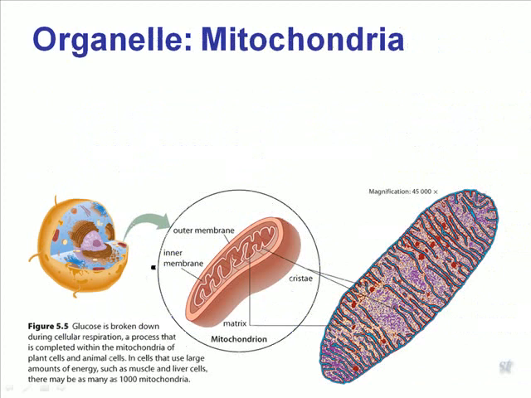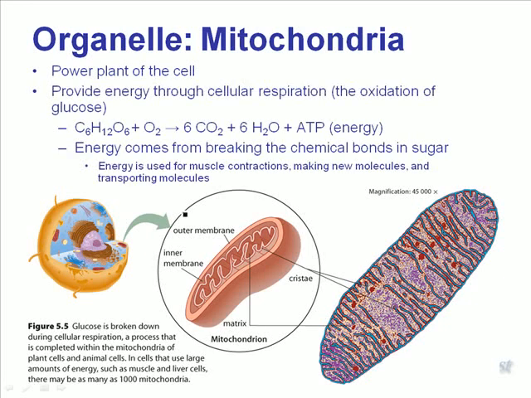So mitochondria is probably, if we want to go by importance, the next most important organelle. It's the power plant of the cell. It's what accesses energy from sugar molecules. So these sugar molecules, and here's one of them here. This here is glucose, C6H12O6. That is glucose. And these are made by